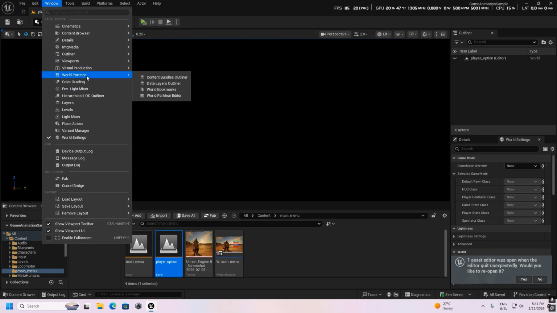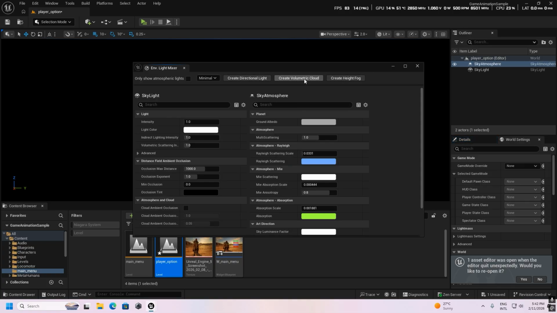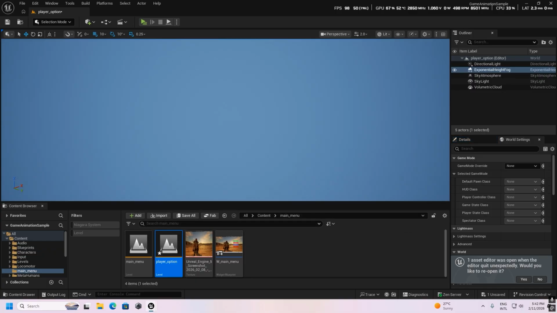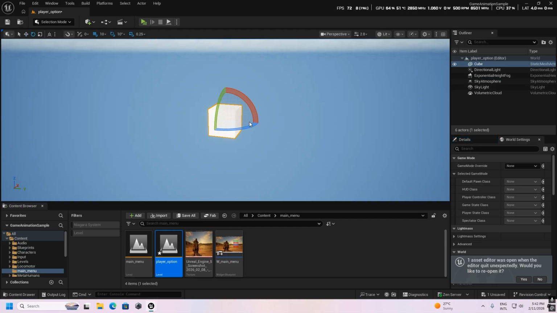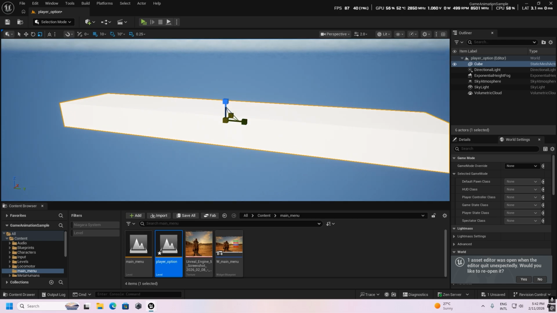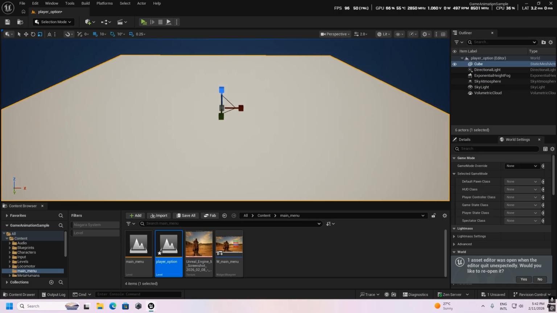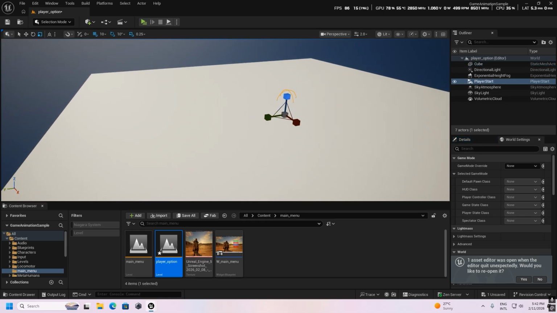We add everything here, create sky, create atmosphere. Okay, so you can see it's good. Make our player option here. So we just add a cube here, drag it. Okay, and here we also add a game start button here,